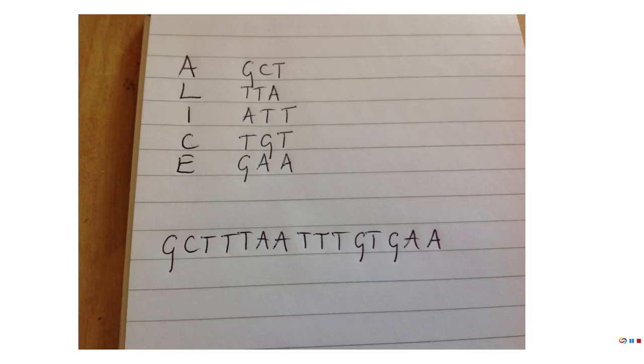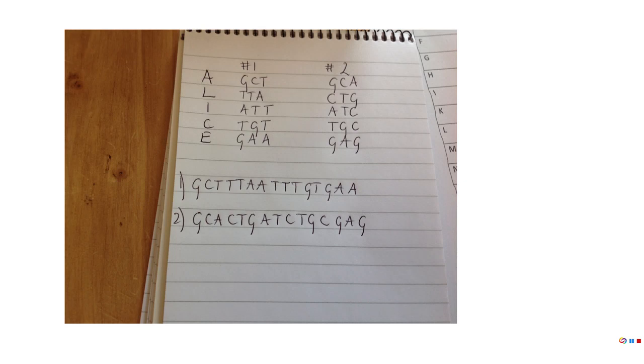And so here's my name, and next to it I've written down the first codon listed in the table for each letter. And then underneath, I've written them down one after the other, just as it would be in DNA. But actually what I decided now was that I didn't like the way this looked because there's too many T's in it. And I thought that when I turn it into a bracelet, we're going to do this in a second, there'd be too much of one colour. So I actually went back to the codon table and chose different codons instead. And that's what I've written in the second column. And then when I've written them out underneath the first one, you can see that the letters are more evenly distributed.